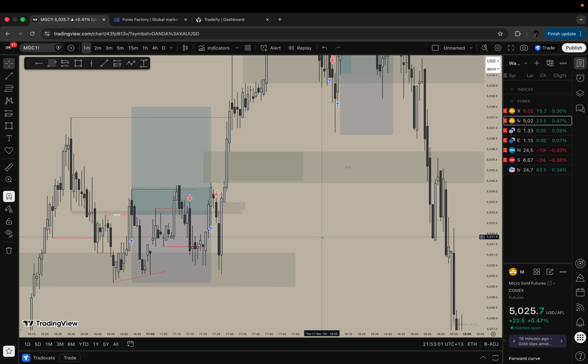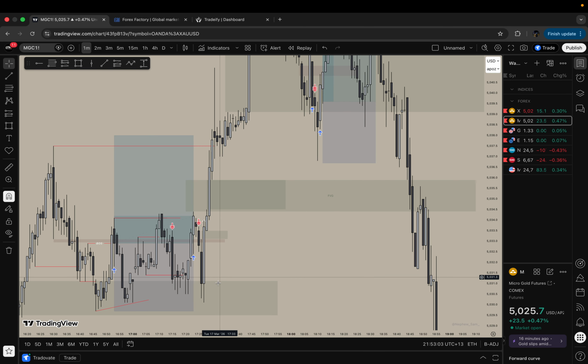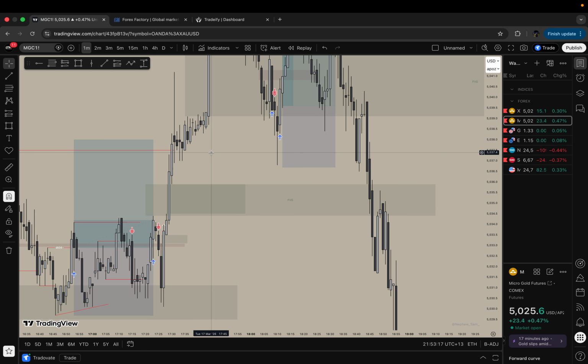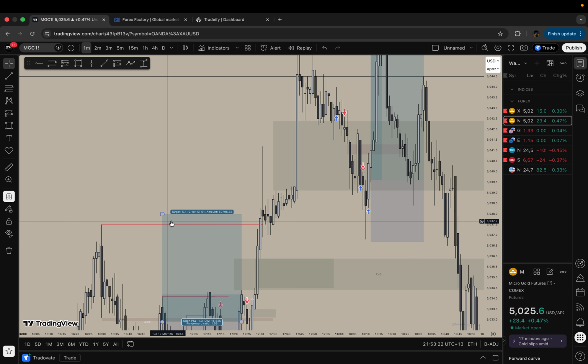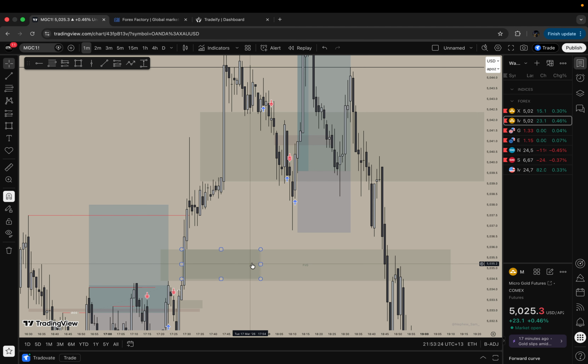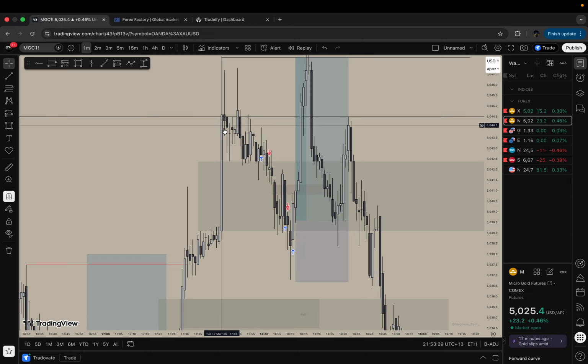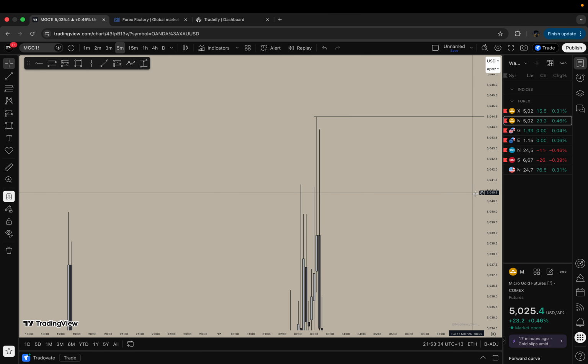So I started just to try and find that momentum, which we had here. We had nice displacement, right? We had nice displacement here, and price ends up taking out these lows, and then the real move starts to happen, right? And I'm like, fuck, now I've missed the move because now we're taking out our break even. We get no retracement whatsoever into these gaps here, which I've drawn out, and we get delivery all the way up to these highs. I'm like, fuck, now there's no chance that we continue, right?